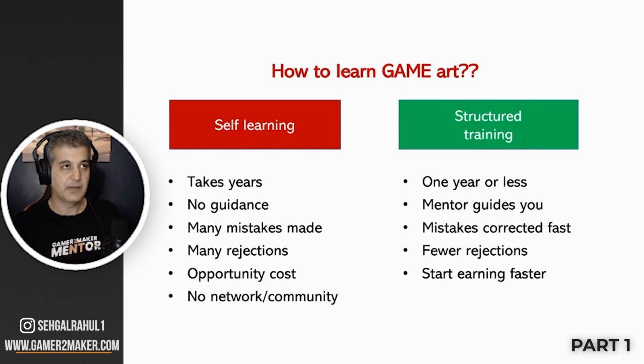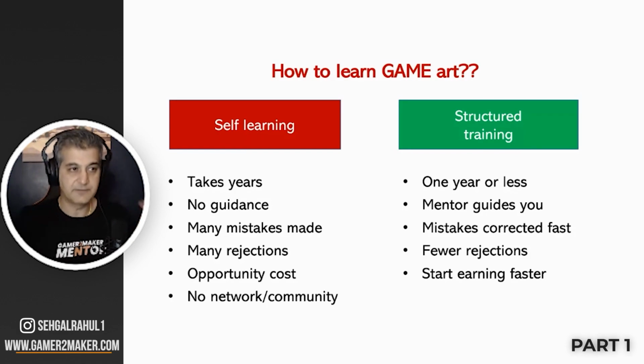And if you multiply 40,000 rupees a month by even a year, that's like 4 lakhs, 5 lakh rupees. By self learning, you're actually losing opportunity cost. If you do a structured training program, you actually could be gaining 4 to 5 lakh rupees. So it's not cheap. Self learning is actually one of the most expensive things that you guys can do, and I see a lot of people making that mistake, right?